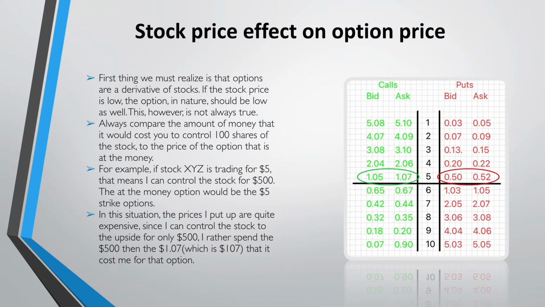I'd rather spend the extra 400 due to the fact that it's going to be a lot less risky. Because if I do buy that option, let's say that option is really at that price at this market, that means volatility is going to be really, really high. So if that option happens to turn around a little bit, that option will lose a lot of value, and that is because of implied volatility. And once again, we'll go into that. But yeah, that is pretty much the case in this situation.